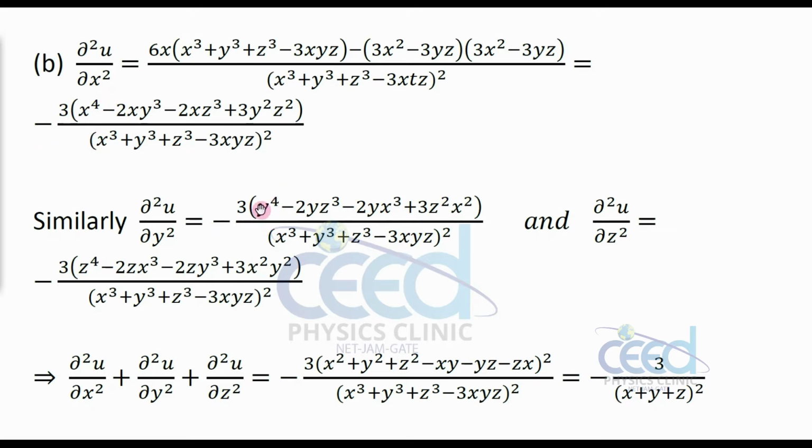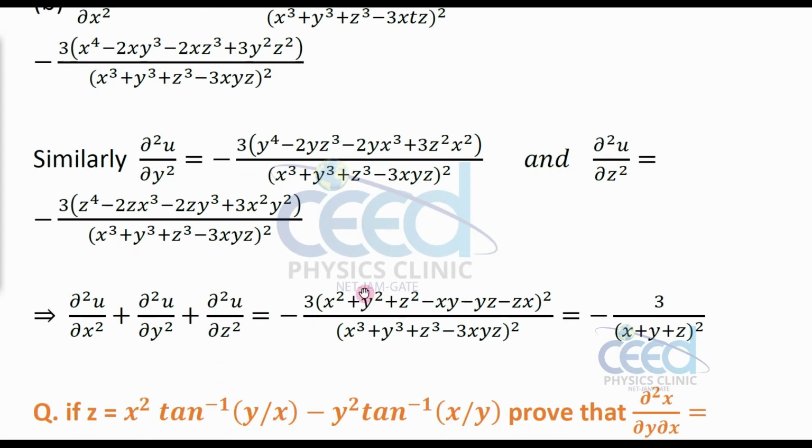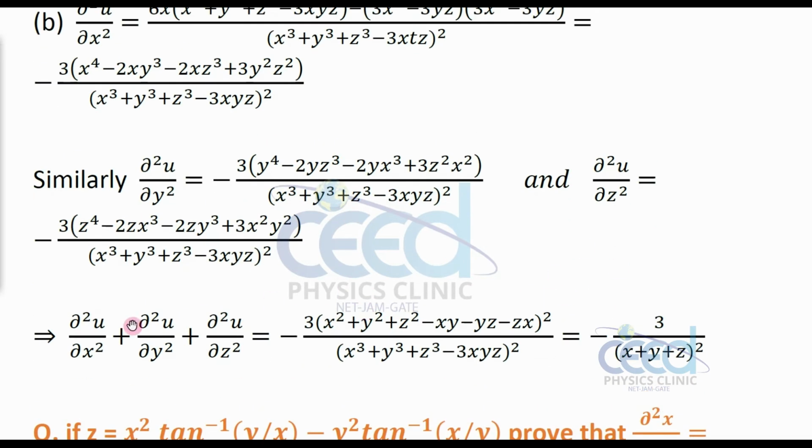X raised to 4 becomes y raised to 4, and here this x changes as y. With respect to y we are doing, and for the y it will come as z. So that way you can find this. Then ∂²u/∂x² plus ∂²u/∂y² plus ∂²u/∂z², by simplification you can prove as